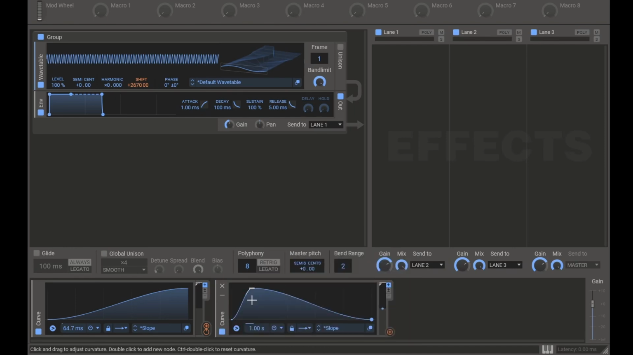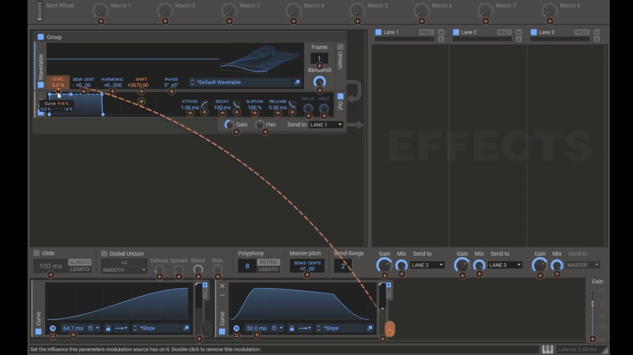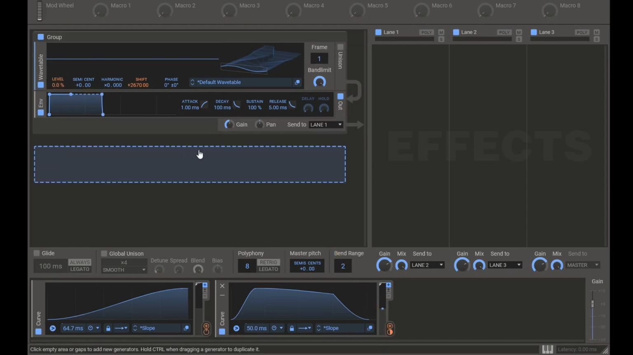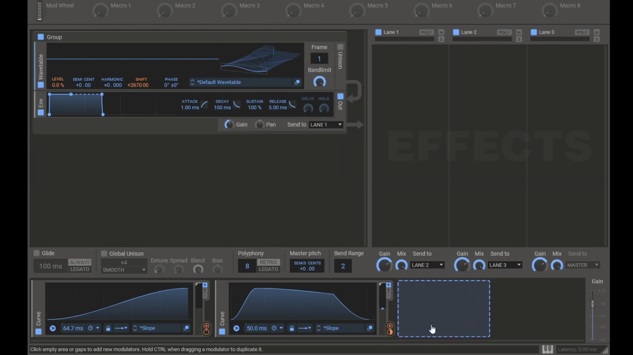I'll add another curve to handle this. We'll set the level to 0 and then assign this new curve to the level. Now I can press a key. It's sounding a lot closer now, but the goldfinches, they don't typically just play one note, they generally sort of